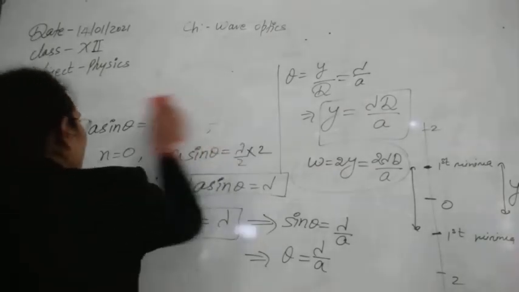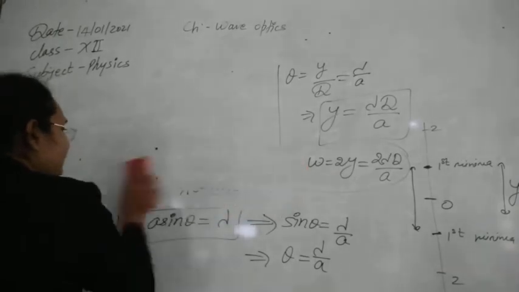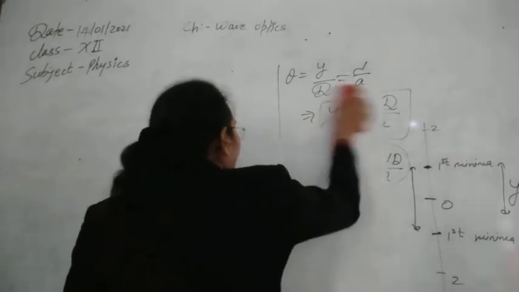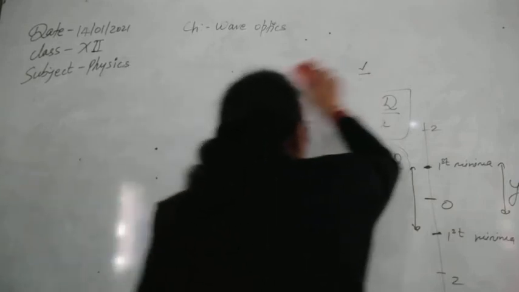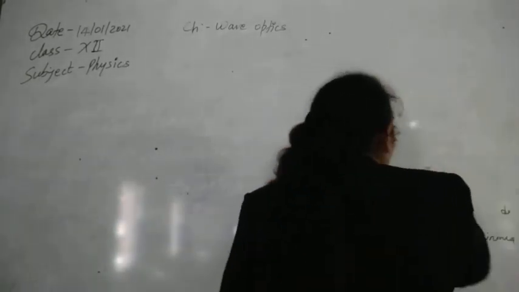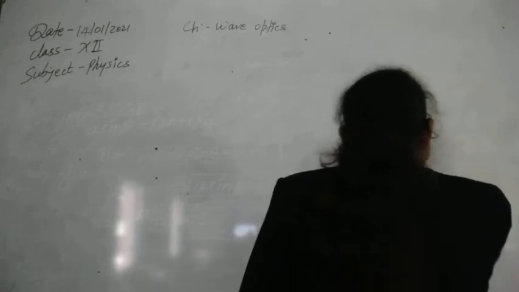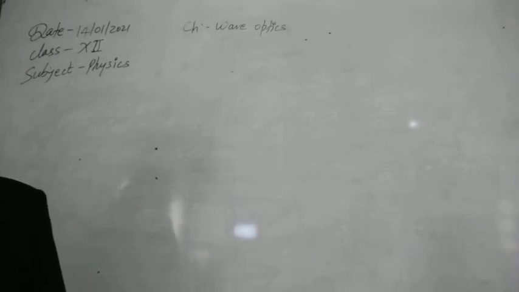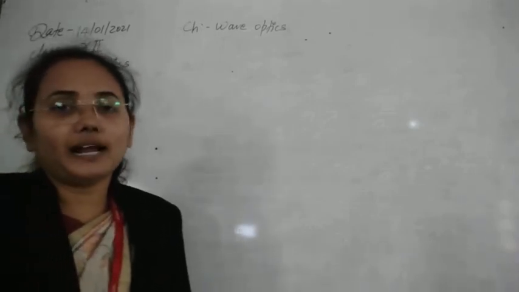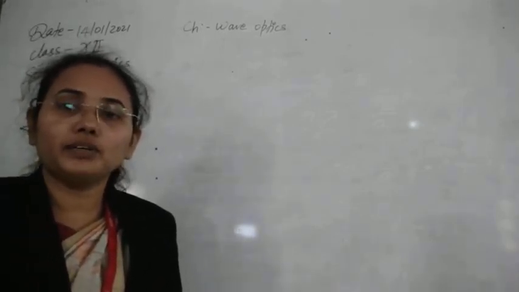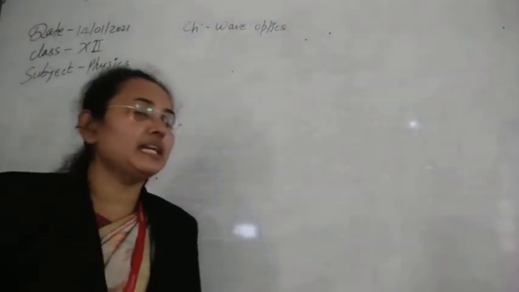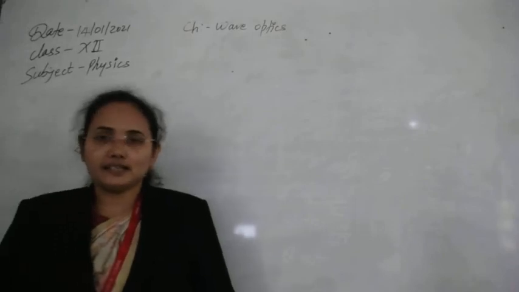So this is all the theory about the diffraction pattern and diffraction due to a single slit. The width of the central maxima, how the intensity pattern is distributed, and the conditions of maxima and minima, we have discussed all of that. Now let's start to solve some questions based on this. But before that, one more thing we can do is look at the difference between interference and diffraction. Let's see that one.